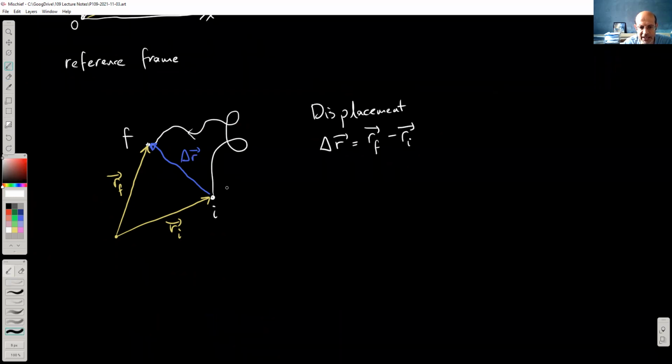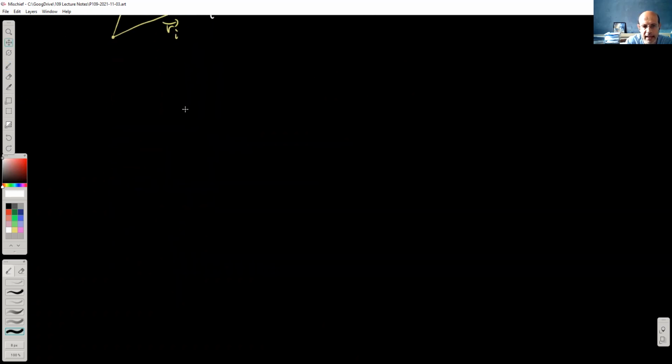Let me erase this. P actually represents the particle. So when a particle moves from an initial location to a final location, displacement can be taken as the final position relative to the initial position, but this corresponds to the vector difference of these two position vectors. All right. And then we have,